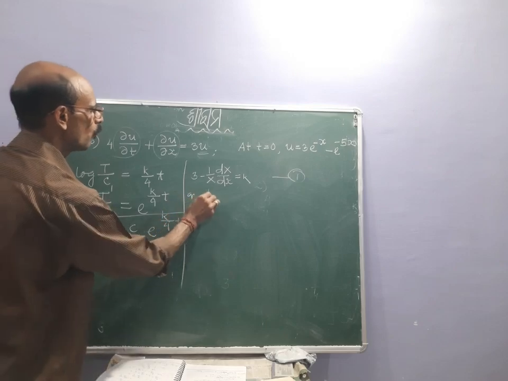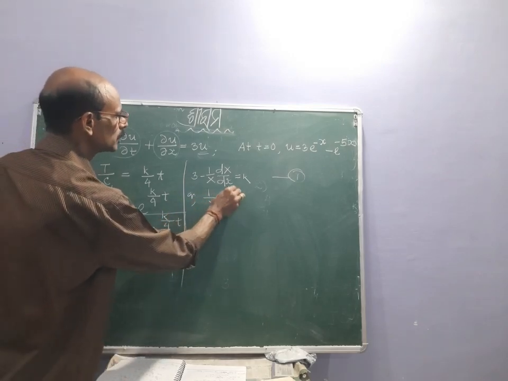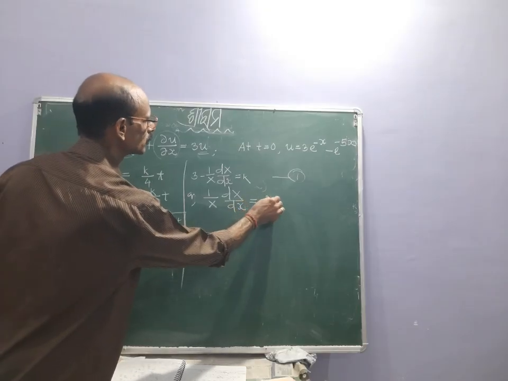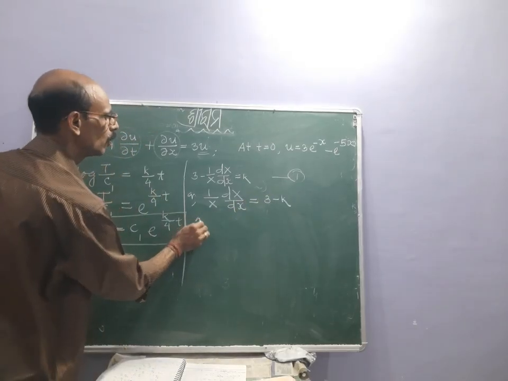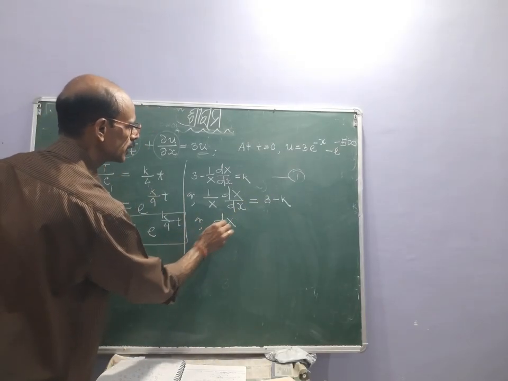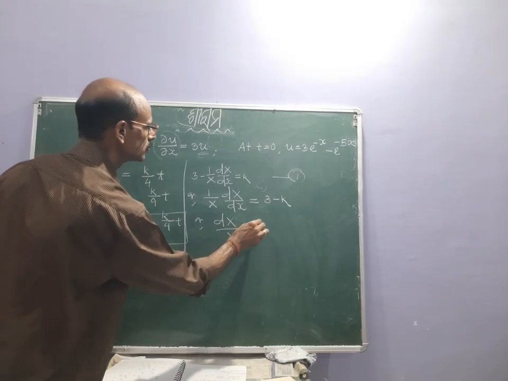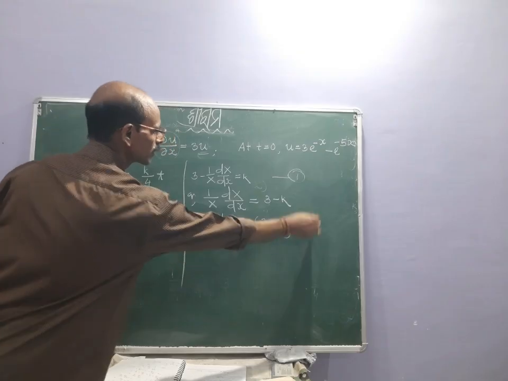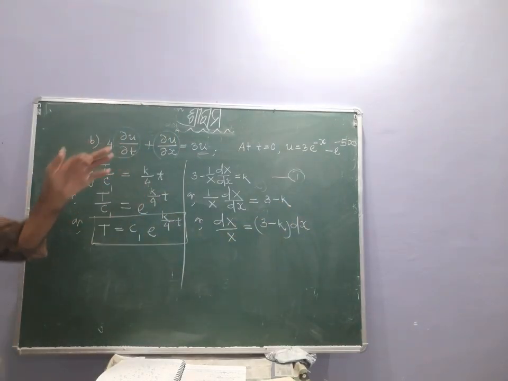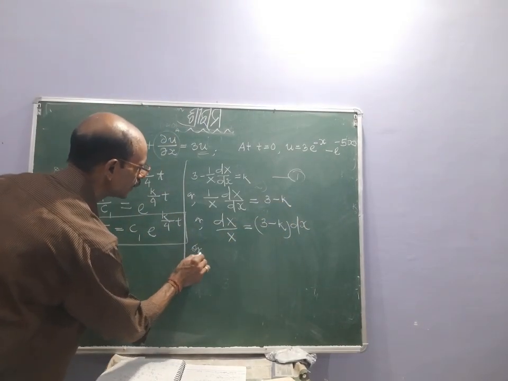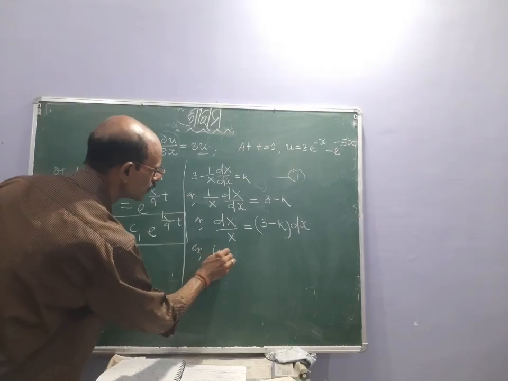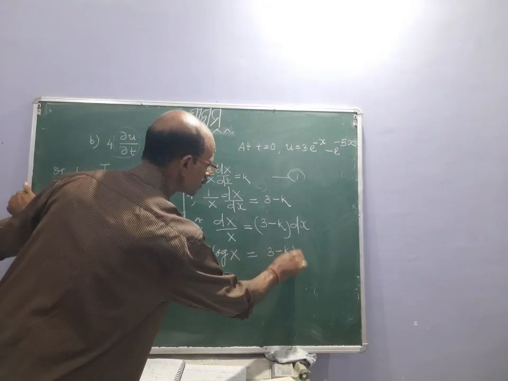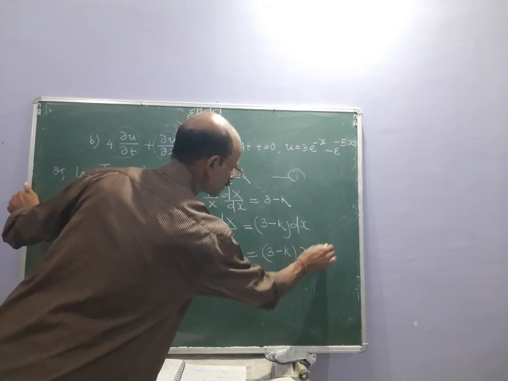Or 1 by capital X dX by dx is equal to 3 minus k, or d capital X by capital X is equal to 3 minus k into d small x. Now integrate both sides, and integrating both sides, we have log X is equal to 3 minus k x plus log c2,